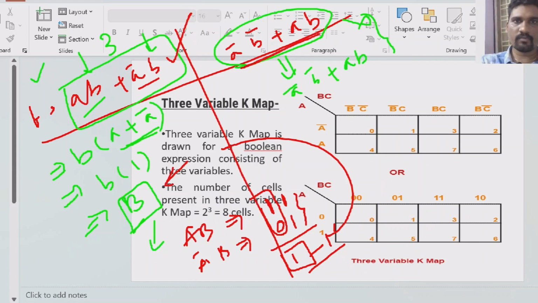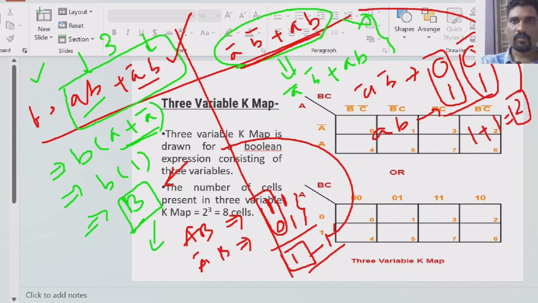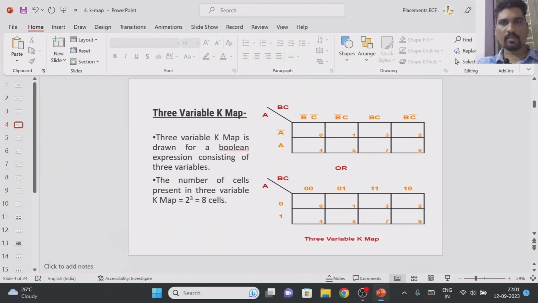Now we'll come back to this one. What is the question they have given? A bar B bar, then one more is AB, right? A bar B bar means what is the answer? SOP means 0 0, 1 1. See how many variables are changing? One change, again one more change. So how many total changes? Two changes. If more than one change, can we reduce the function? No, right? So from this you need to conclude, if there is only one change, then we can reduce the function. If it is not one change, then there is no need of implementing the K-map operation.